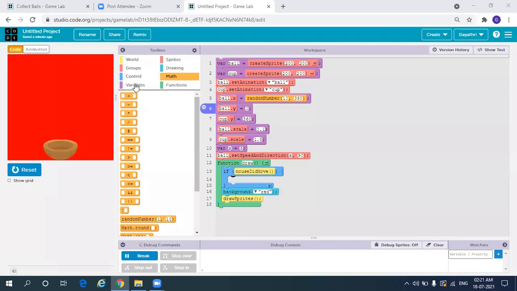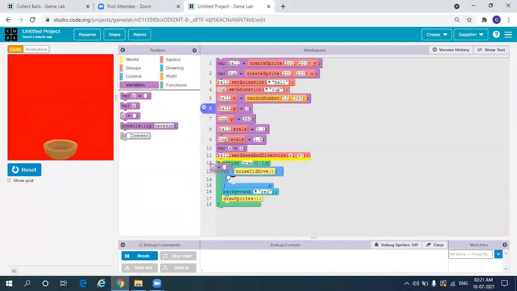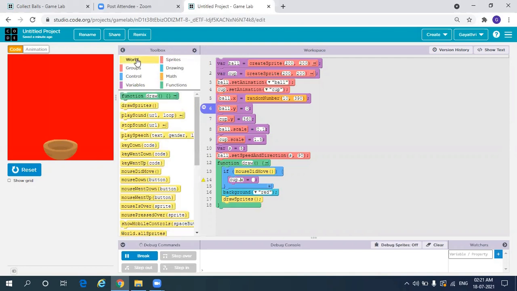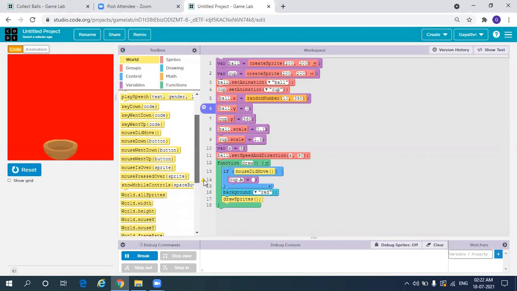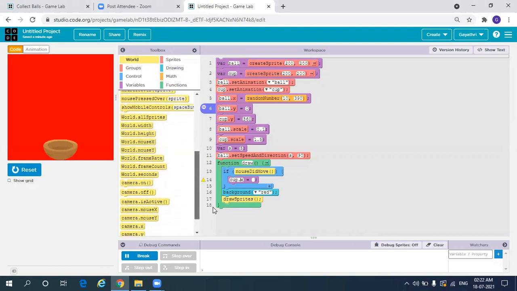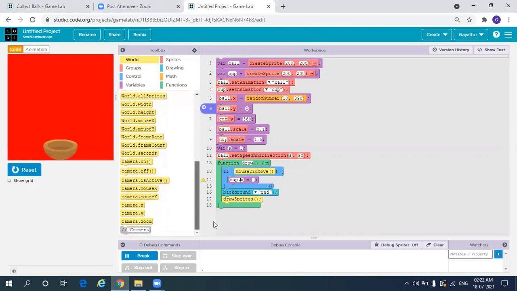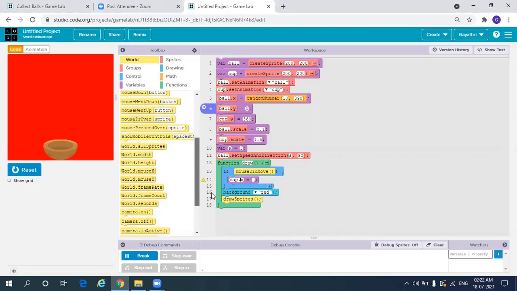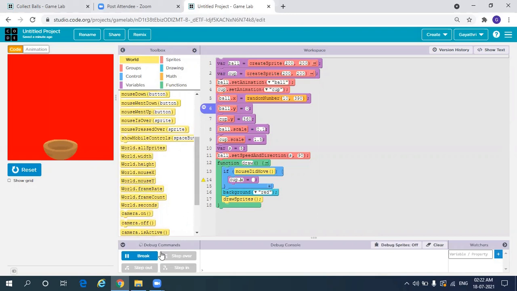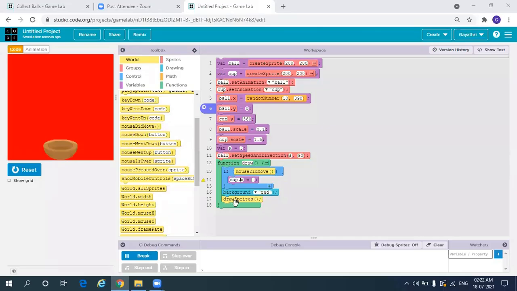Go to variables, select X is equal to, drop it here. So we'll change it to cup.x. Cup.x is equal to, then go to world, scroll down, select world.mouseX and drop it here, right?